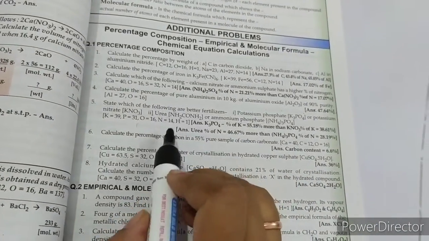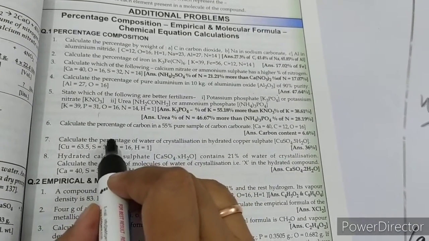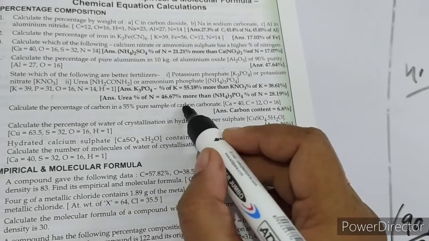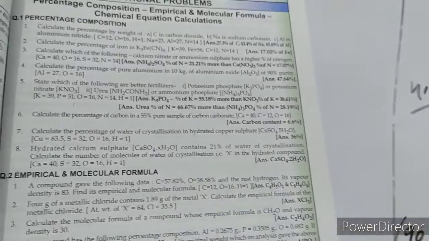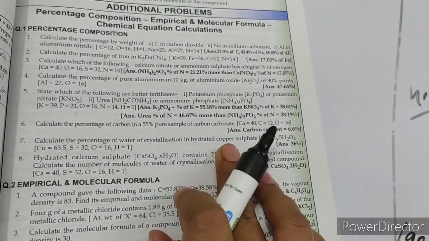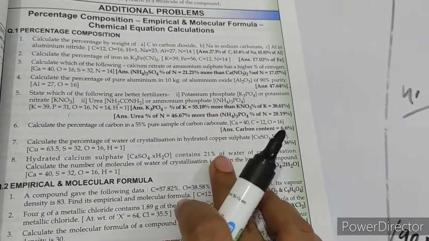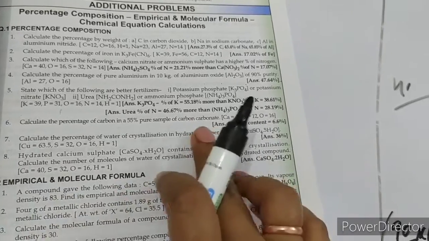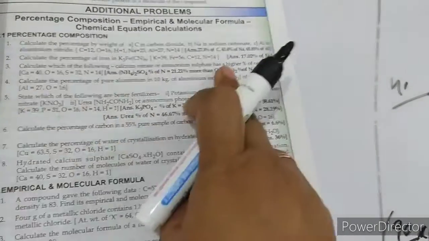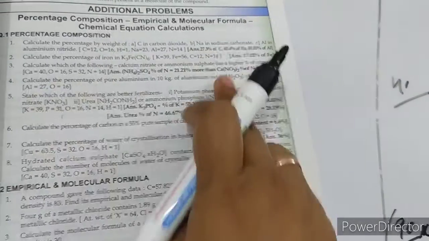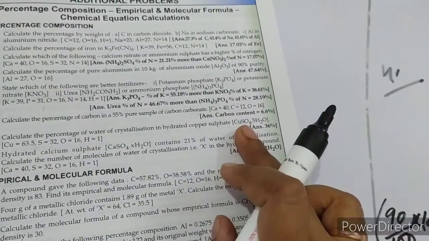Similarly, you can do this question also. This already you have learned. Here make one change. Here there is not carbon. Here it is calcium carbonate. Just make one change here. Make it calcium carbonate in the sixth question. There is a mistake here. And this is a similar question to what I have told you of question number 4. The seventh you have already done in class 9th also.